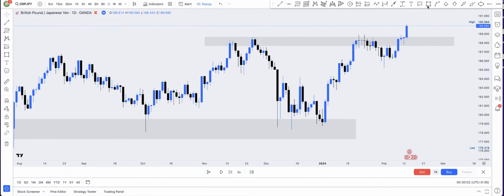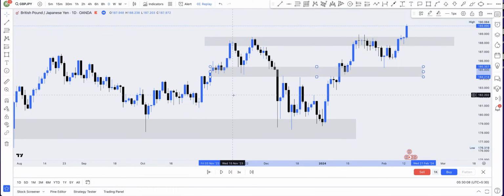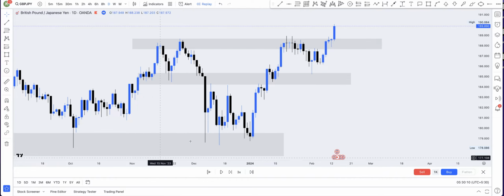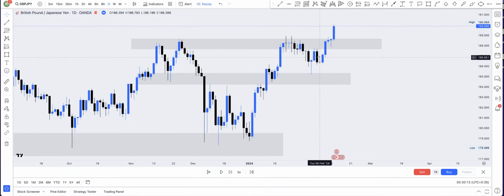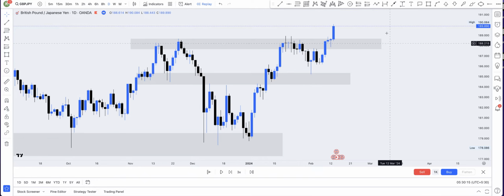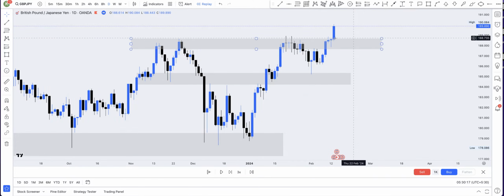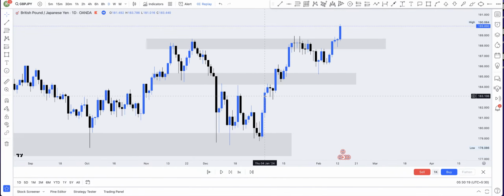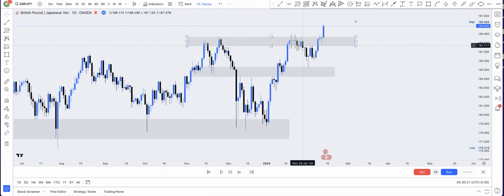And right here we also have another key zone that price has been rejecting. You can see what is happening here. This is another key zone. So we have our first one here, the second one here, and the third one, but we are going to be concentrating on this aspect because this is where price is currently. So this is the daily time frame. I've been able to mark my key levels. So when we move to the